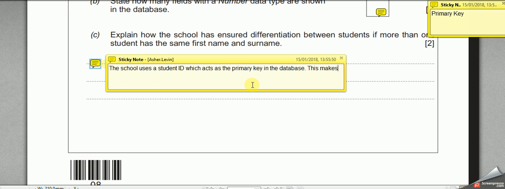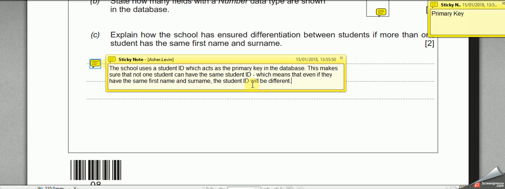This makes sure that not one student even can have the same student ID, which means that even if they have the same first name and surname, the student ID will be different. The key words in this, folks, is student ID and unique,